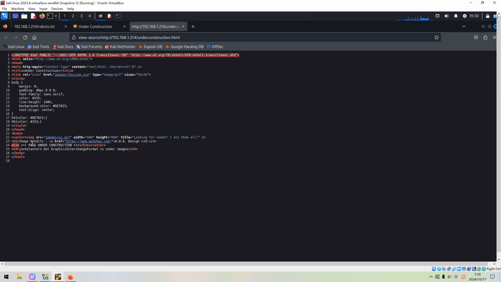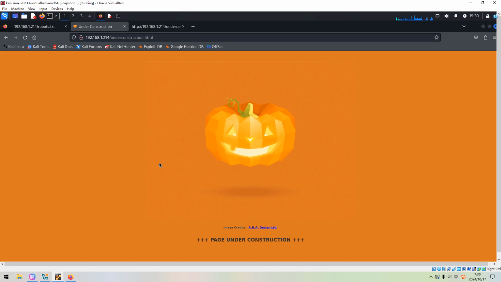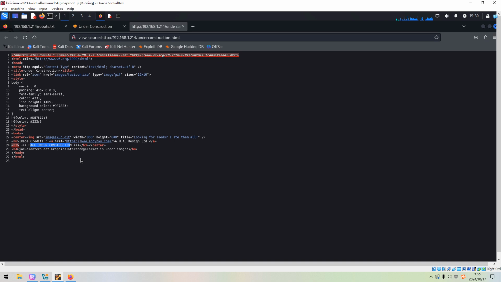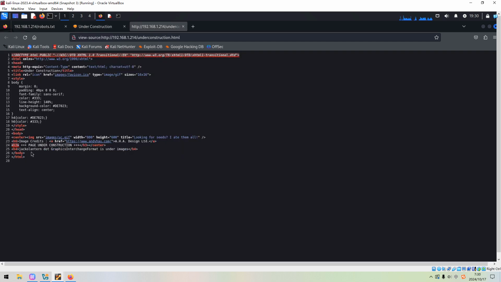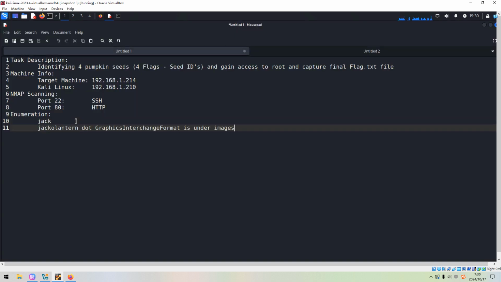So the page under construction, however, below this we cannot see this on the page, but in the source code we can notice this one. We can copy and paste over here.